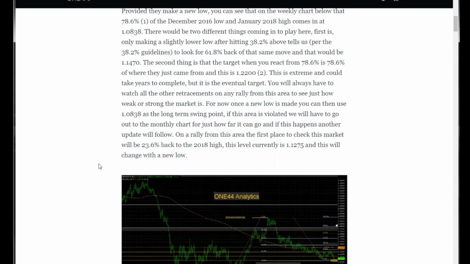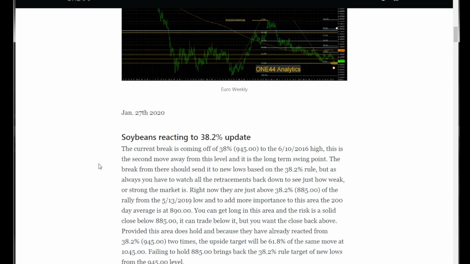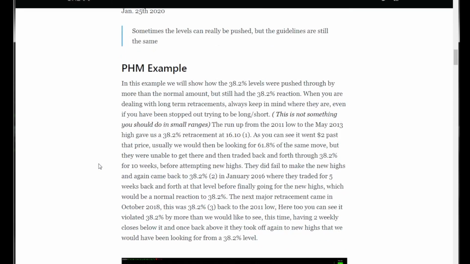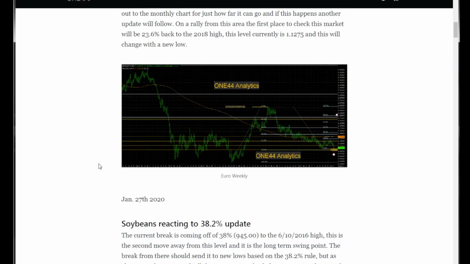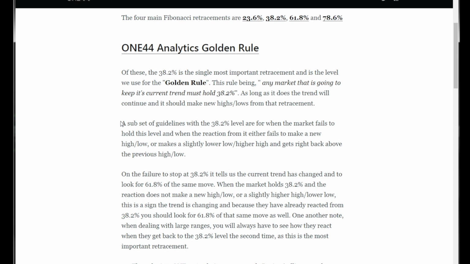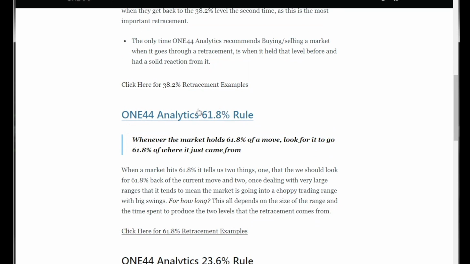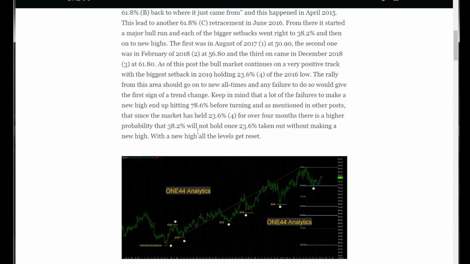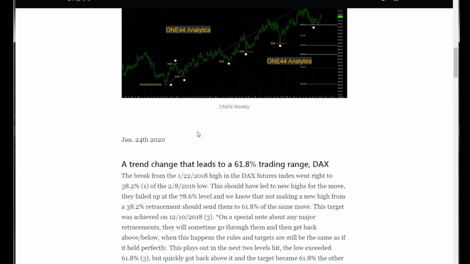So this just becomes another place to see it in action and get a greater understanding of what is going on. So now we go back, and that was the 38% rule. Again here, 61.8 explaining what it is, and then click here and we go into all of our examples once